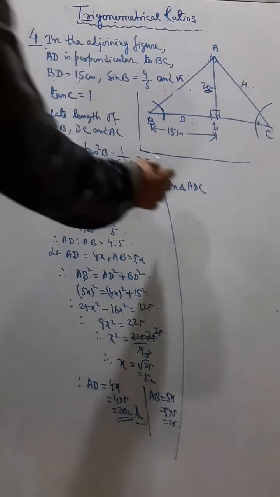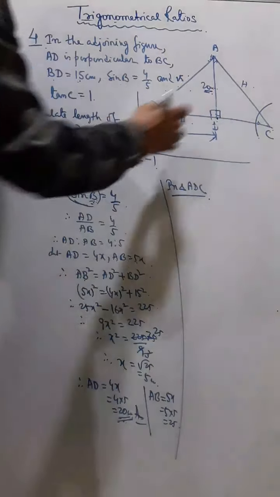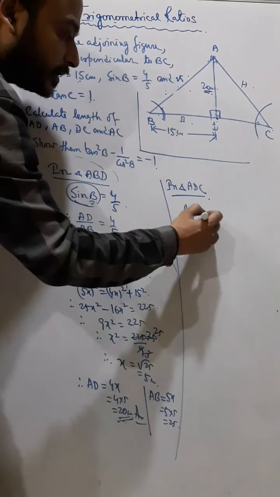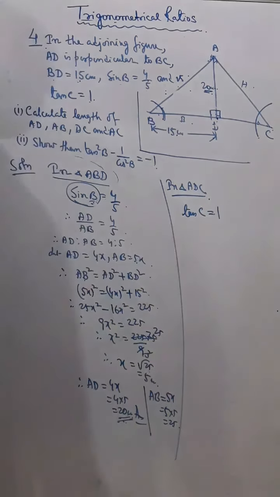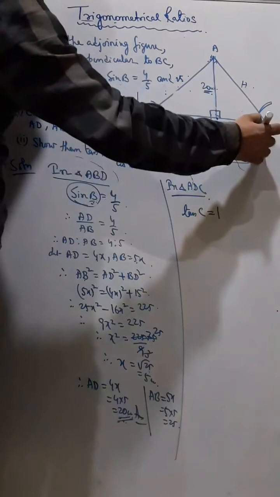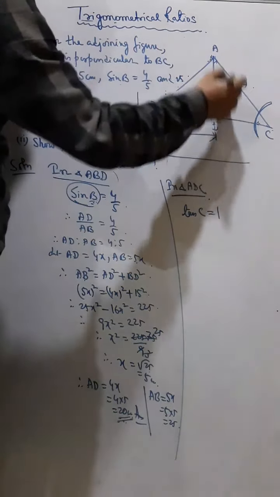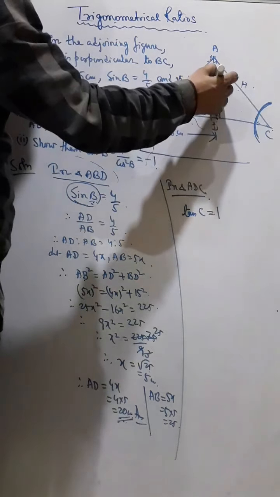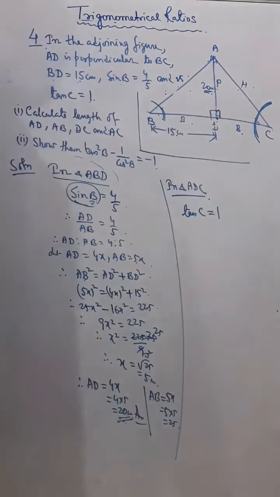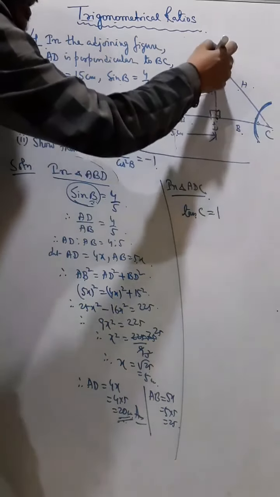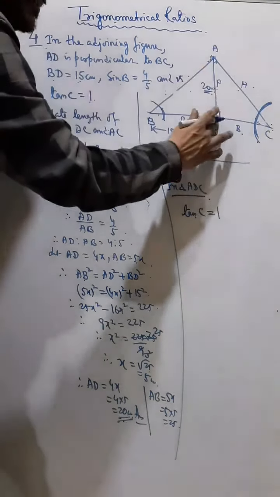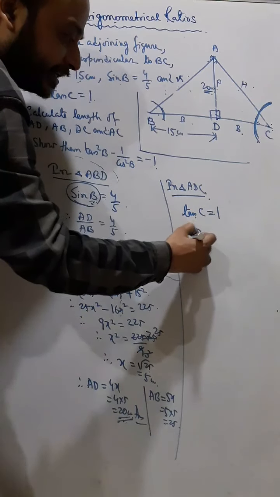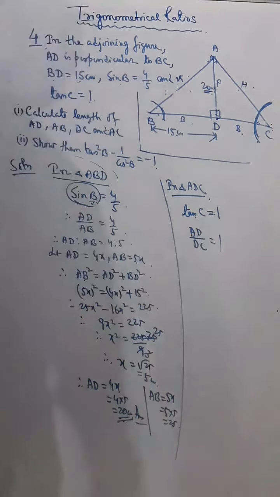Okay. So ADC. So in triangle ADC, what they have given me is tan C equals 1. Now with respect to C, this is 90 degrees in this triangle, and opposite this is the hypotenuse. With respect to C, this is the opposite, so that means this is perpendicular and this is base. And you know tan C means perpendicular by base, so that is AD by CD, AD by DC is equal to 1.